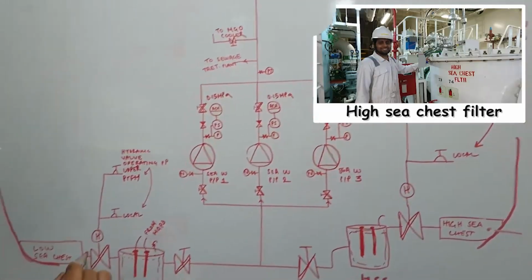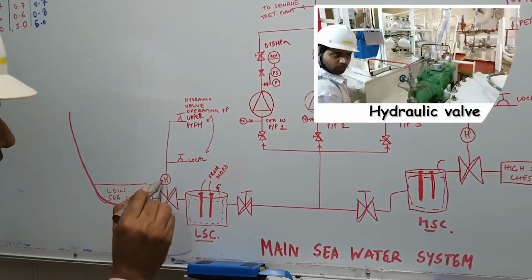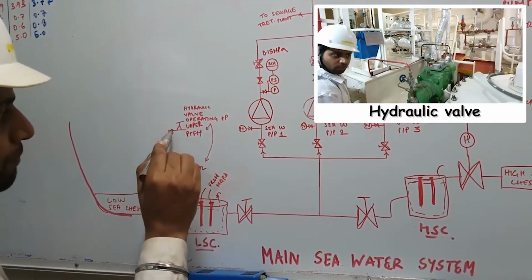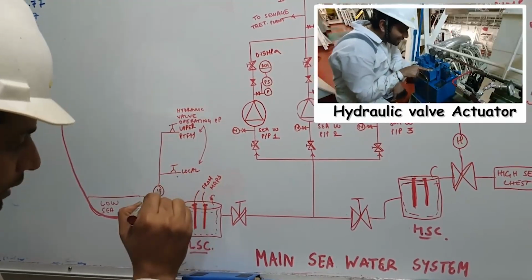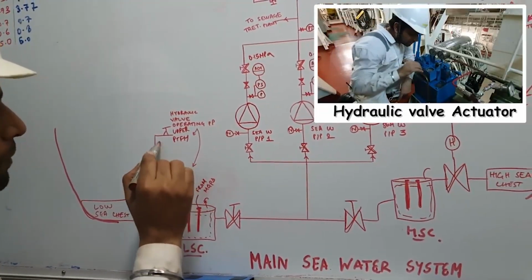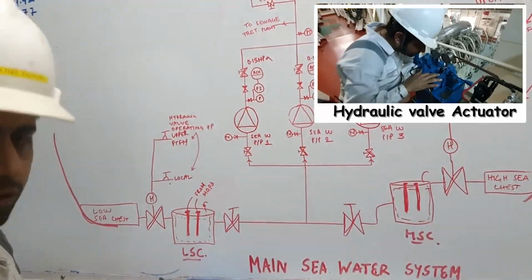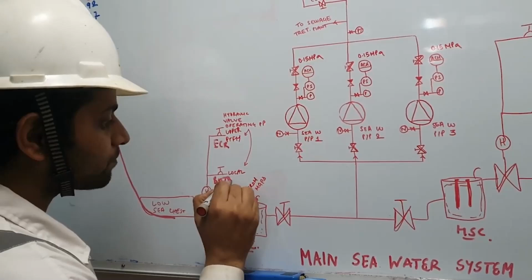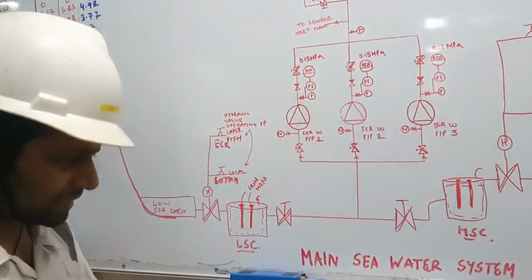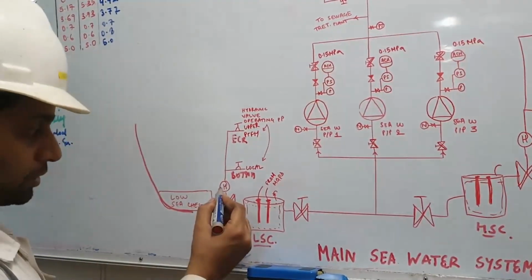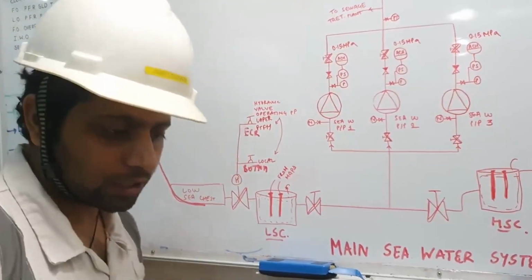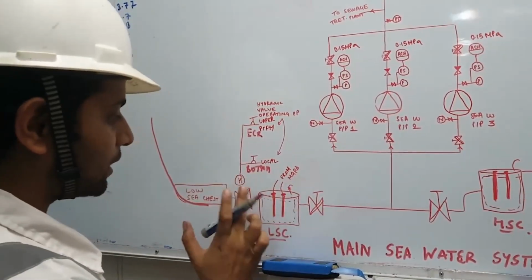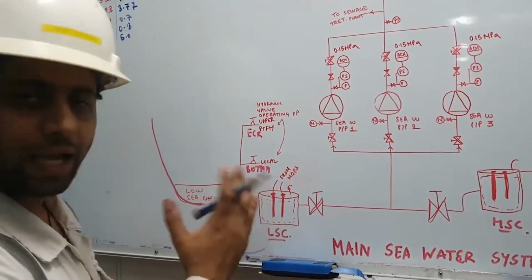So guys, on the low sea chest filter there is this valve fitted, and you see this is a hydraulic valve, it has an H over here. This hydraulic valve can be operated from two different places, that is locally near the valve, and from the upper platform as well. I am going to show you how this valve is operated. This is on the ECR platform and this is on the bottom platform. Any big valve becomes very difficult to operate by hand, so they have made it hydraulically operated. Hydraulic oil pressure will go in and the piston fitted inside will operate it with the gear mechanism. This valve is either going to open or close as you want.